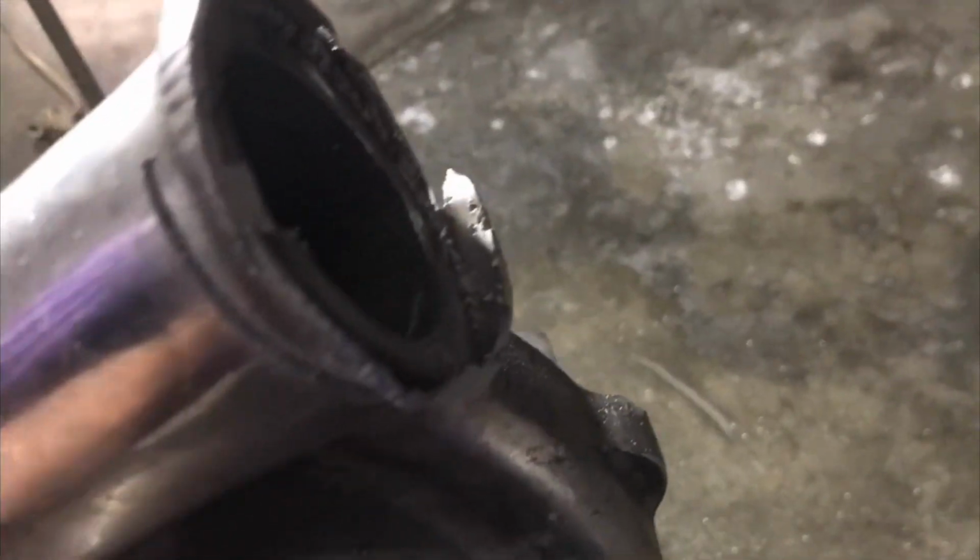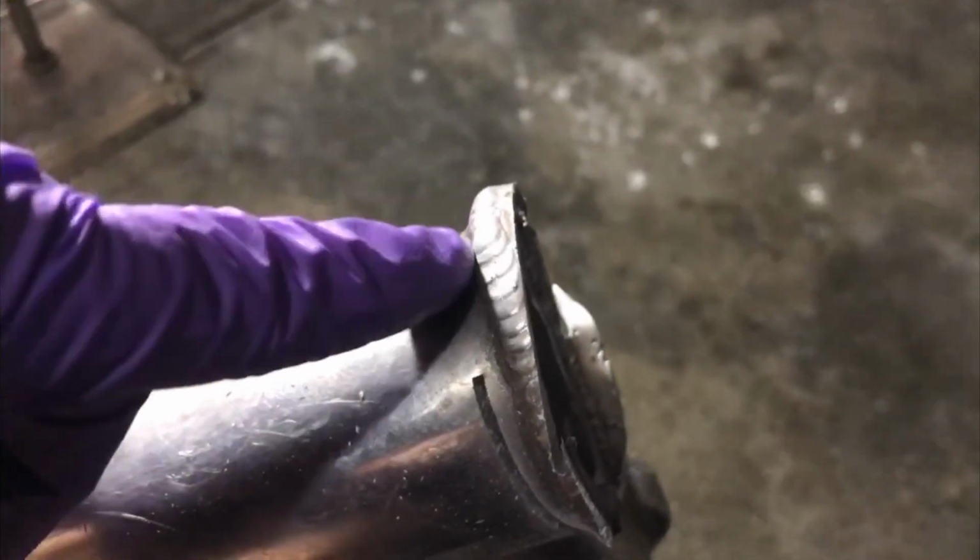Success. We cut it off. I'm gonna probably cut this off too. I kind of messed up here, but hopefully the coupler goes over it and covers that so we don't have leaks. So made some progress and some mess,